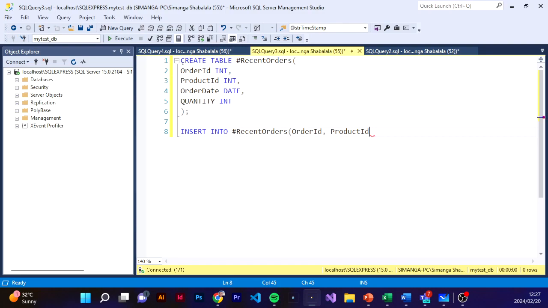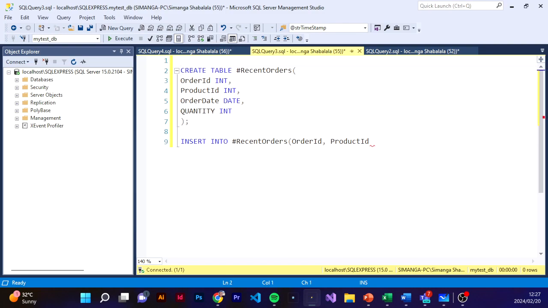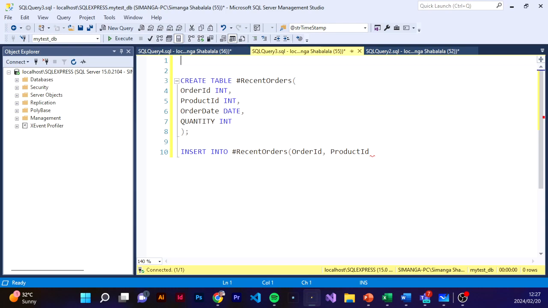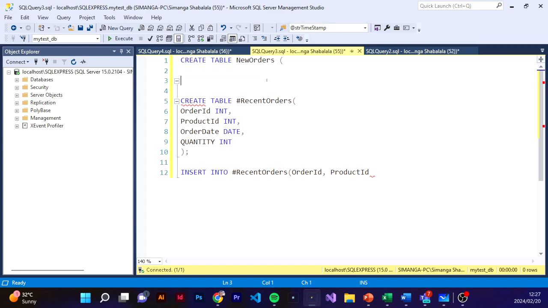Okay, so I'm just gonna push this down so that we can create that table that we actually need. And then we're gonna insert some data into the table. So let's create a table. I'm gonna call it new orders. Because we already have another table, we're gonna create a new table called new orders, and then this table is gonna have